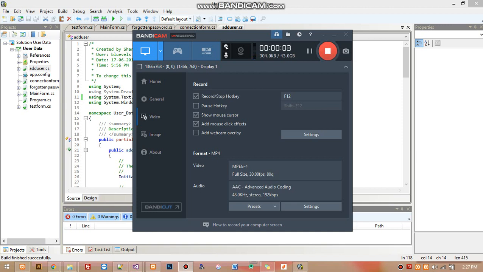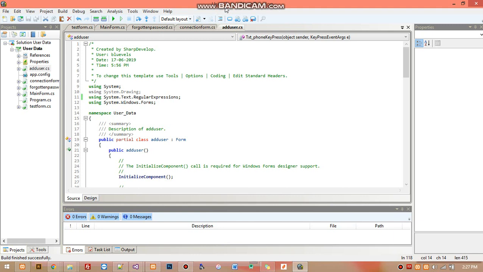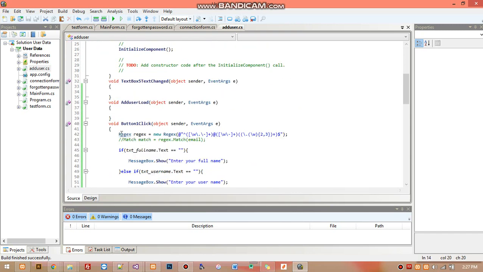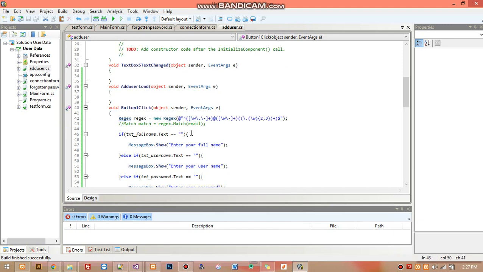And in the previous video, I was saying that we will validate the email address field. So the first thing you need to do is type this at the top of the source code of the add user form. You type this, okay? When you're done with that, you type this line of code, only this line of code. Okay, so now after you've typed this,